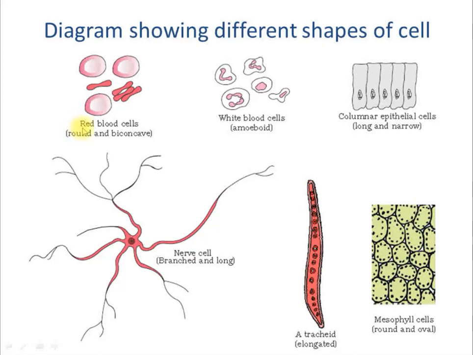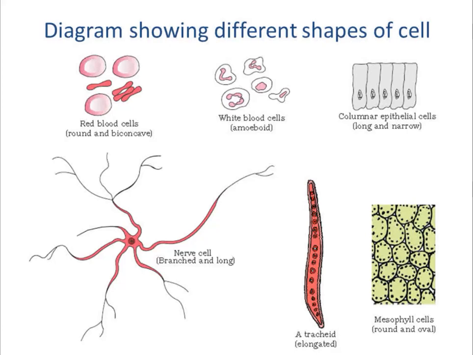Starting with the first one, this is a red blood cell, right? You must be knowing this. That's a major type of cell in the blood. You have three types of cells in the blood. One is definitely RBC, that is red blood cell, so called because it is red, and that red color is because of the pigment hemoglobin. Second is white blood cell, that is WBC, which is responsible for immunity in our body. And third is platelet, which is not shown in this diagram. So there are three types of cells, and starting with the first one, that is RBC.